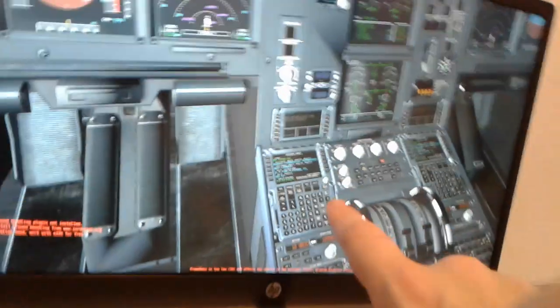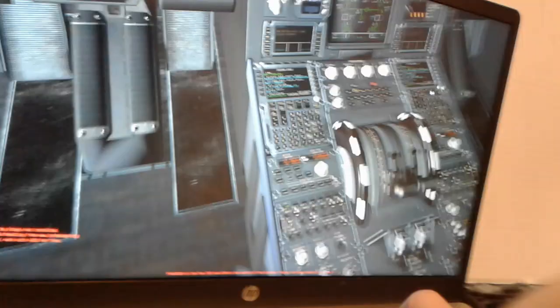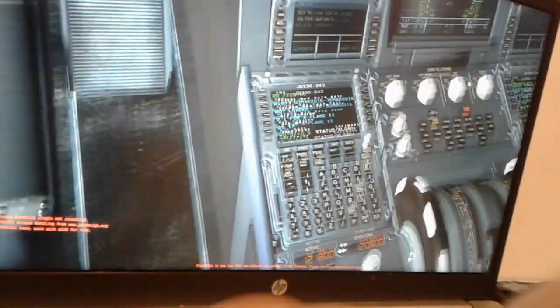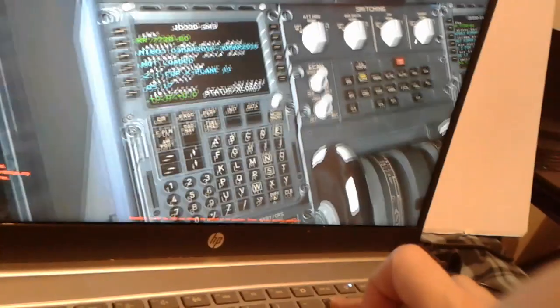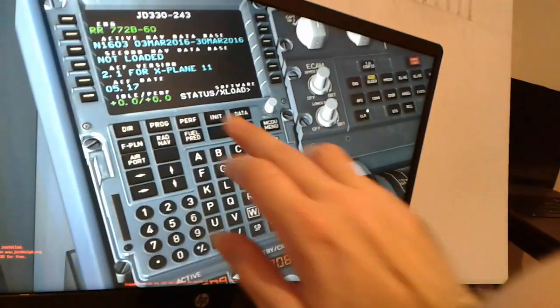So we're gonna have a full flight from takeoff, climb, cruise and approach and landing. We're gonna set up the flight management computer, flight management and guidance computer. We have the flight control unit over here. So it will take a couple more minutes to actuate. So you can see initialize